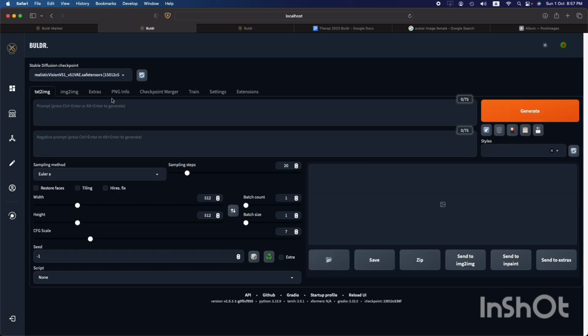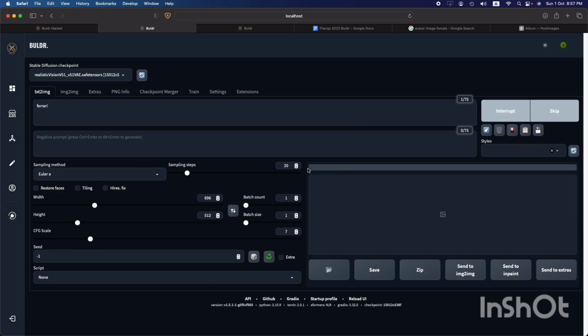So for that, you will go to the plugin and we will create a prompt. So for example, let's see, I want to create a car. Let's see, I want to generate an image of a Ferrari. This is basically dedicated for users so that they can use these images to create posts, to create blogs, and to create amazing notes. So we are going to set our models, and if we click on generate, it's going